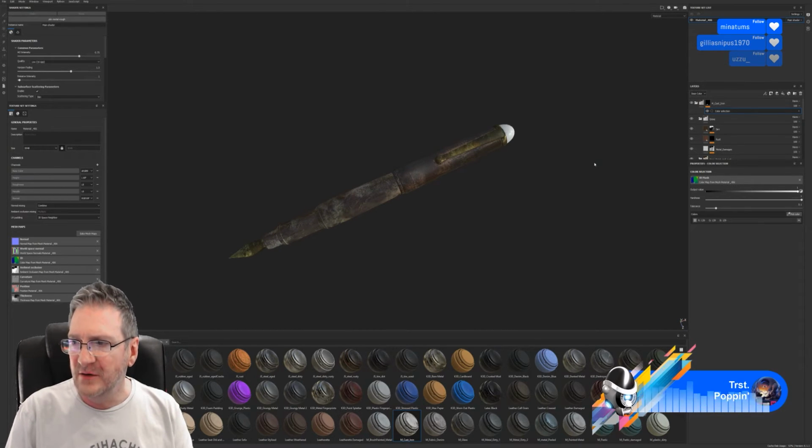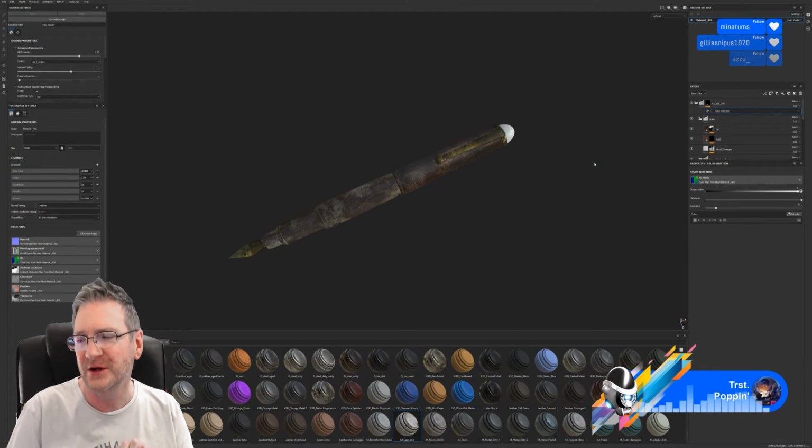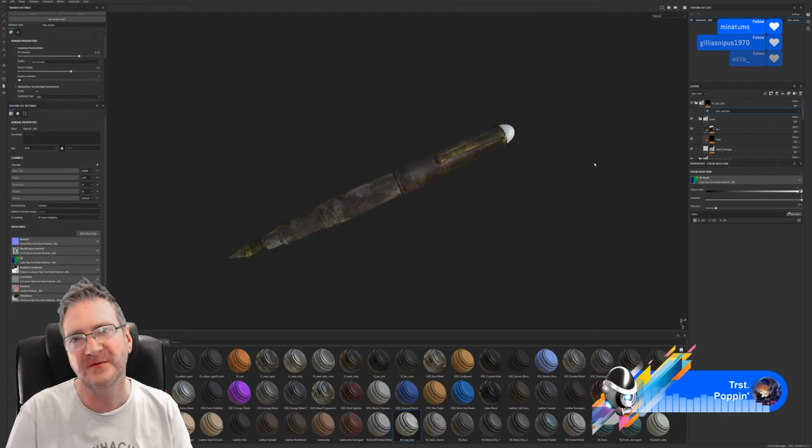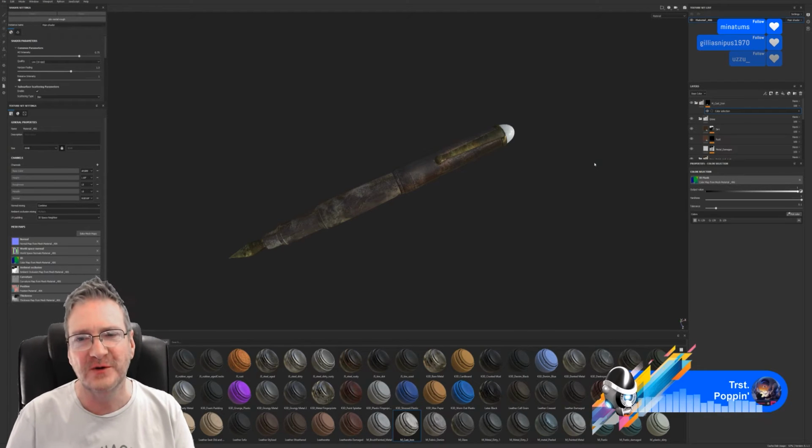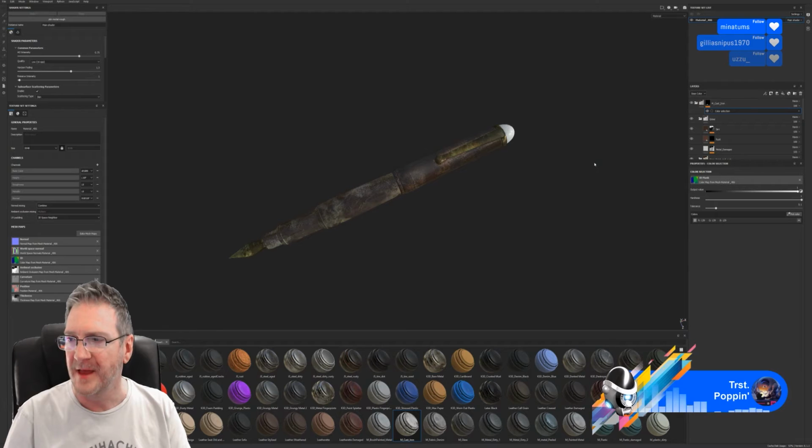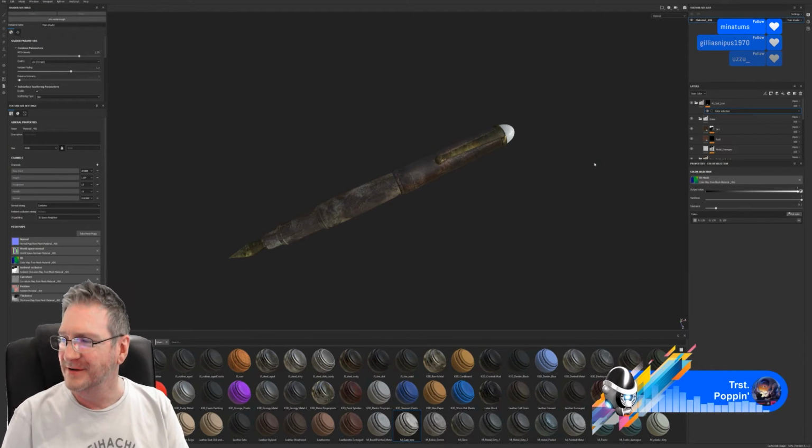Wax King says, I will be done with my Colt revolver soon, so then I can share it with you guys. Cool. We look forward to seeing it. Remember, pop it in the gallery when you're happy and you want to show it off, and I'll show it off on the stream. Because we want to see this Colt revolver as well.